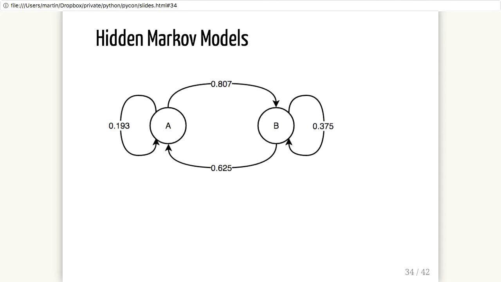So hidden Markov model, assume we've got a machine, and this machine is either in state A or B. If it's in state A, it emits an A. If it's in state B, it emits a B. When it's in state A, it will emit an A, and then it will change state, and it will go back to state A with a probability of 0.2, or it will go into state B with a probability of 0.8. If it's in state B, it will emit a B. It will go back to state B with a probability of 0.37 or back into state A with a probability